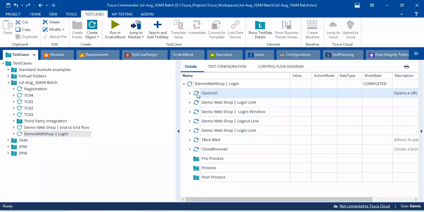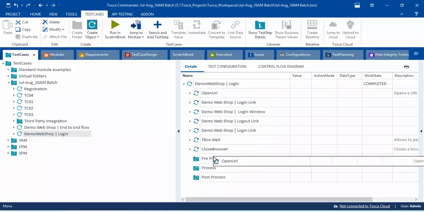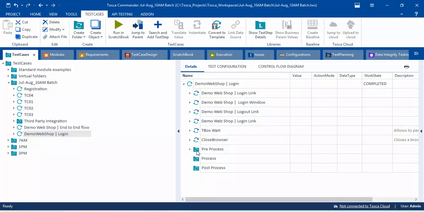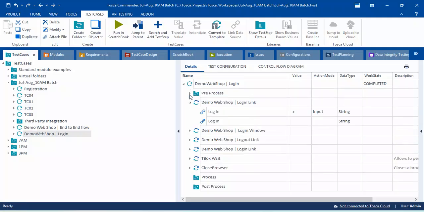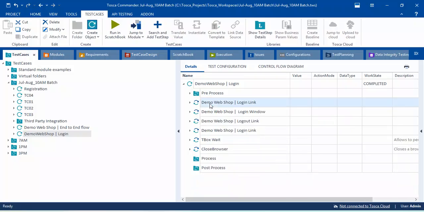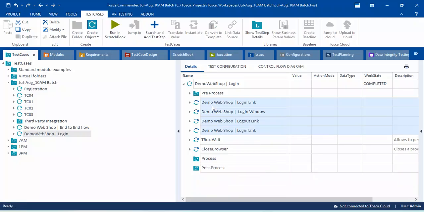So I will put this open URL test step into this pre-process. We will open the URL and then we will start logging into the web page. So I will keep it on top. Open URL, and then when I will be logging in, those steps I will keep inside the